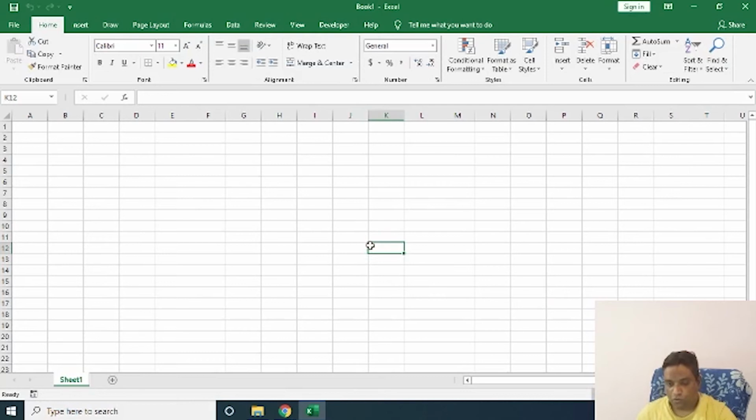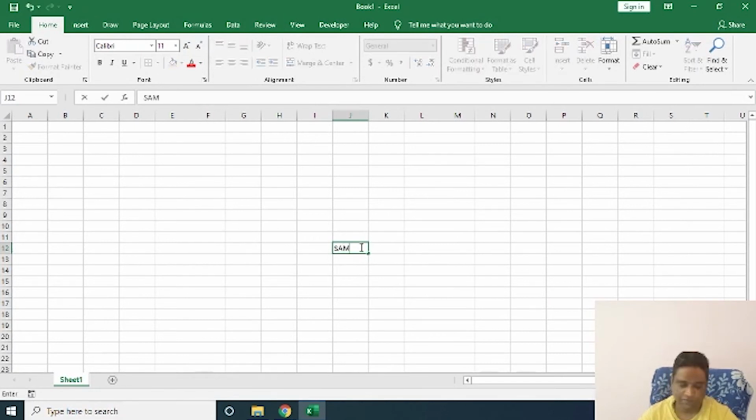So we'll see how to type something in a cell. Select any cell and type anything. SAM, send. Whatever you type in a cell can be seen in the formula bar. This is called a formula bar. Suppose I want to edit in the formula bar. I use backspace and I edit and I say Raj. Whatever I type in the formula bar is again reflected in the cell. If I want to edit directly in the cell, double click in the cell, backspace, and you can type whatever you want. Match.